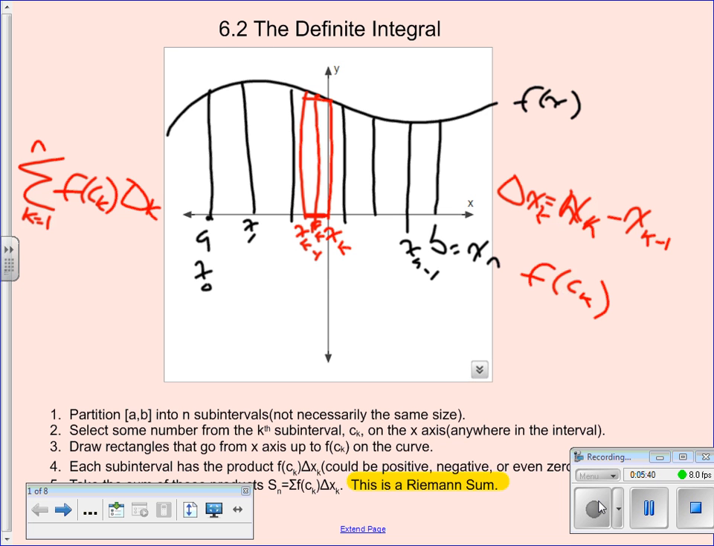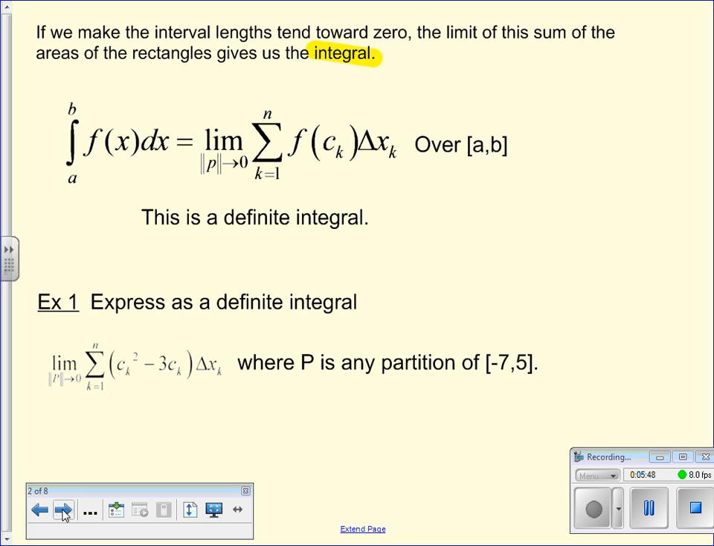What we're going to do is our integral, our definite integral, is defined by doing this. If we make the interval lengths tend towards 0, in other words, and let me explain this, you will need to get this down because you're going to need it to do some of your homework problems. The definition of the definite integral,